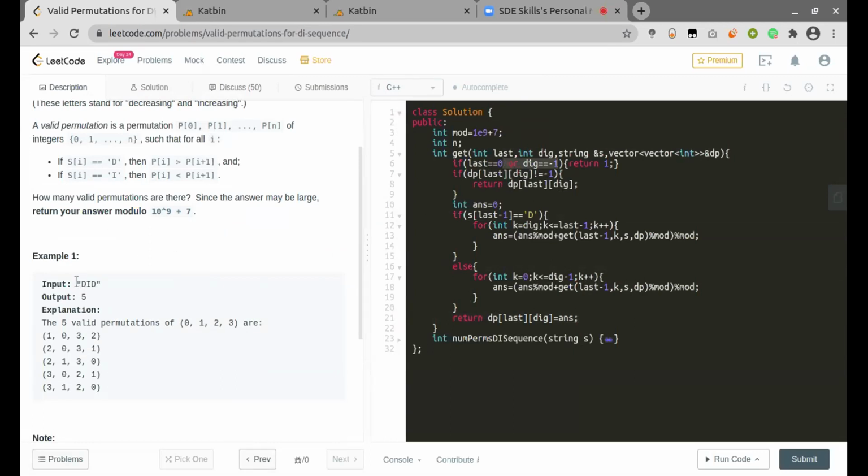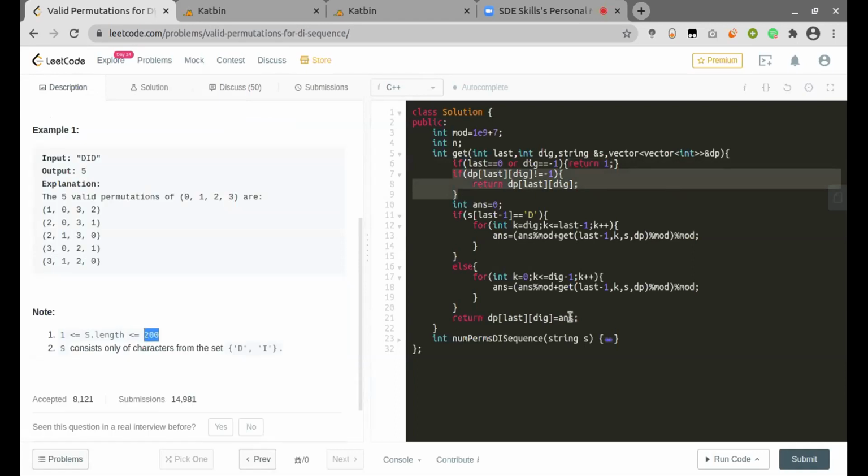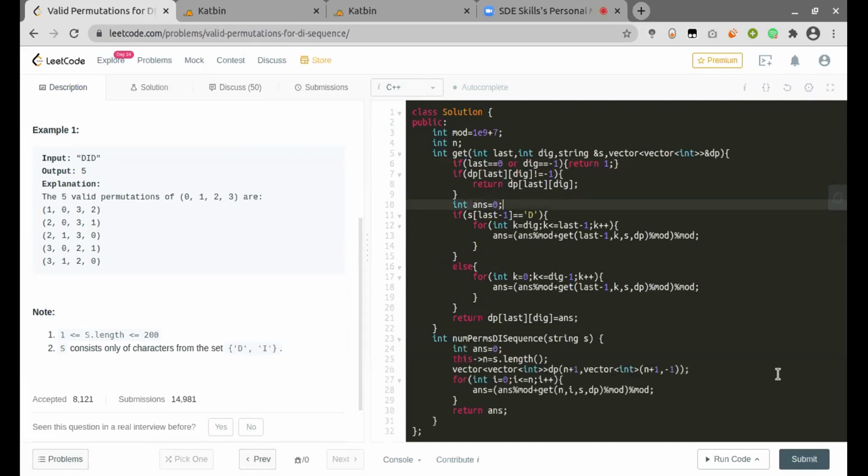But anyways, the base case would be when there is nothing left in the string, which is when the length of the permutation will be 0. So at that instant, we come to know that we got one of the valid combinations, so we can just return one. And then we can just memoize it further. Since the constraints are pretty huge, we need to memoize this, since there might be some repeating subproblems here. Then we can just check if we already computed that particular subproblem, and then we can return it. So this is right.